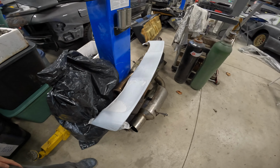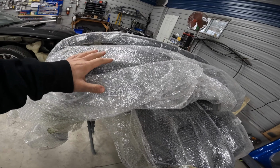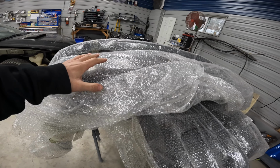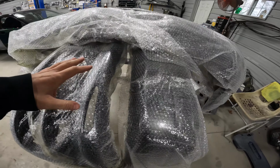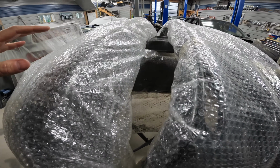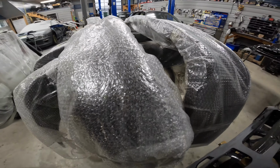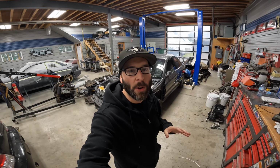something pretty different. And last but not least, in the inventory we have 2 RS rear bumpers and 2 RS front ends. These have all been painted to match the car, so I guess they're going for a lifetime supply of replacement bumpers. So the first thing I'm going to do is actually put all of this stuff upstairs, organize